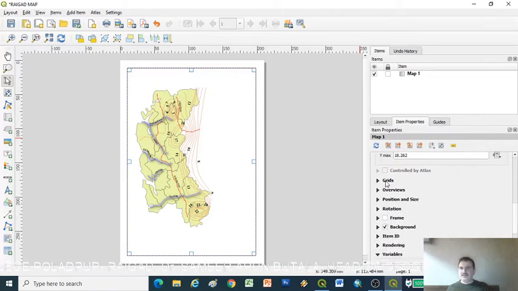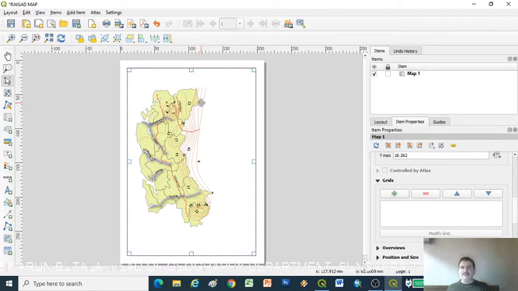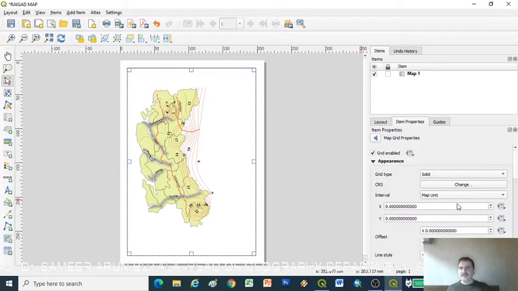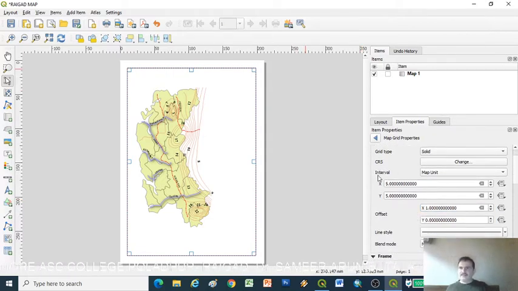Then go to the grid. I want to create a grid for this layer, so I click on the plus button and then click on modify grid. Now we give the interval, so I give the interval 5, then 5, then 1. 5, 5, 1, and the interval is in centimeter.